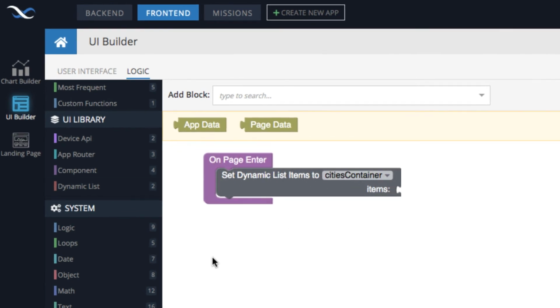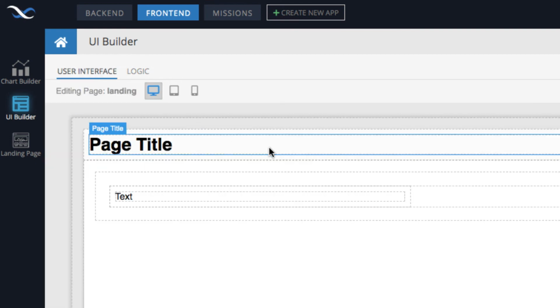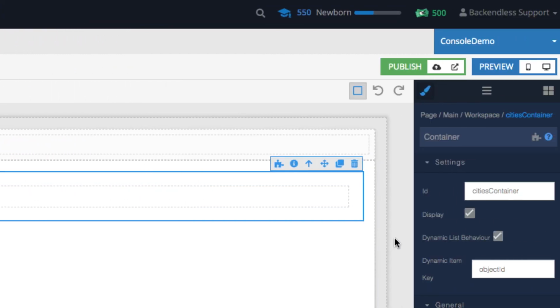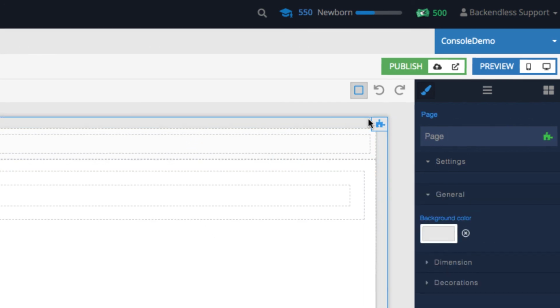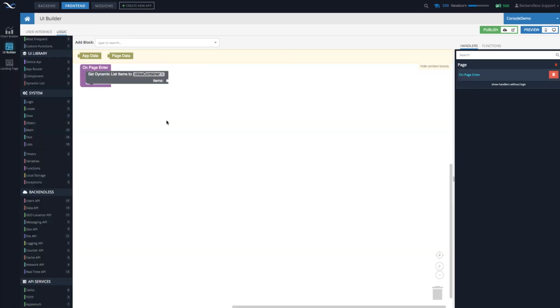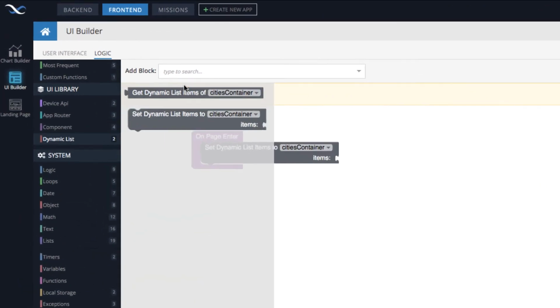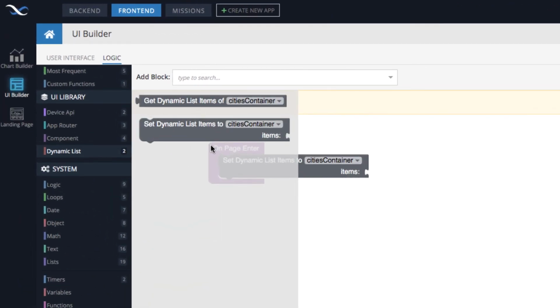By the way, whenever you have a container with the dynamic list behavior selected, then in the codeless logic, in the dynamic list category, you will get these two blocks. If you don't have any containers configured for dynamic list behavior, these blocks are not going to be there. So these blocks are sensitive to the fact that you actually have a container with that dynamic list behavior.